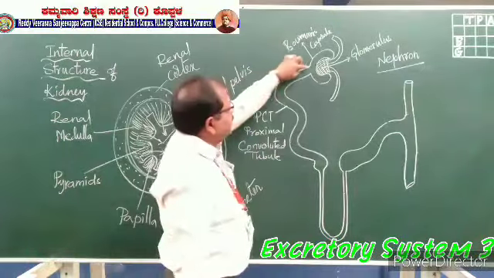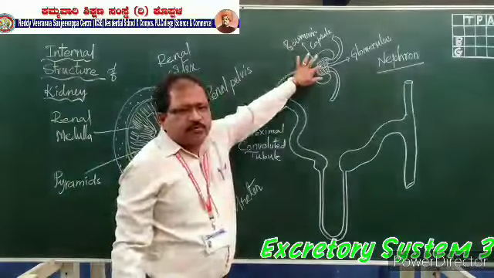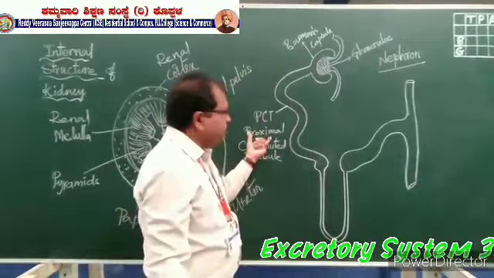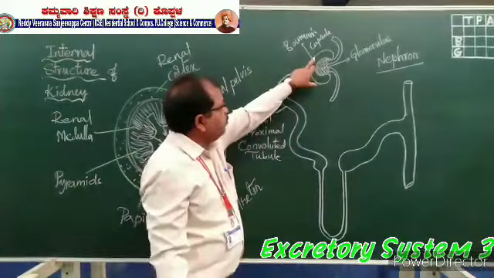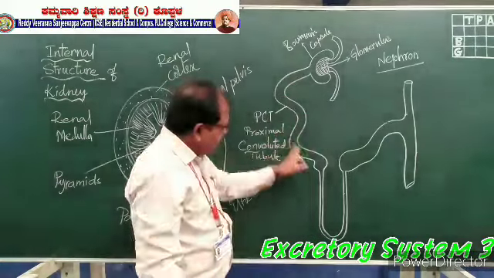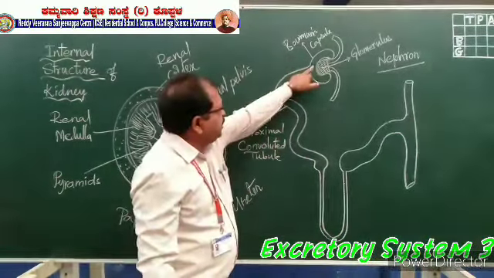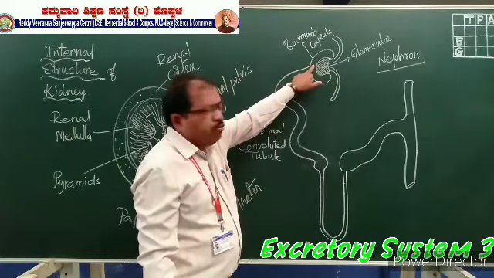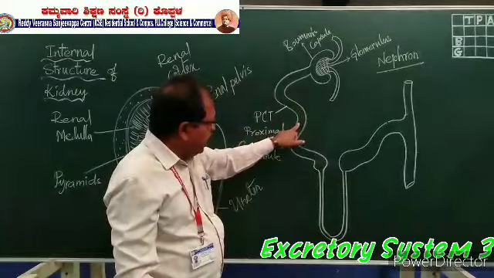It is completely attached to the Bowman's capsule. It is very near. Proximal means nearer to the Bowman's capsule, so it is called proximal convoluted tubule. It is convoluted completely. And this filtrate, what is filtered from the glomerulus, will enter into the proximal convoluted tubule and moves